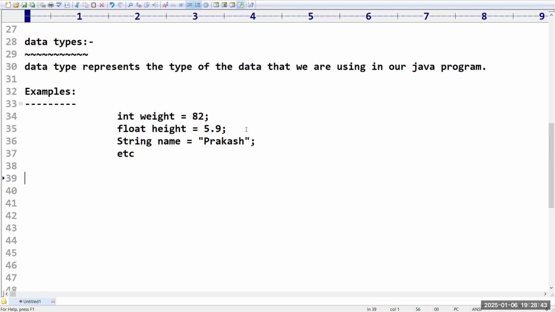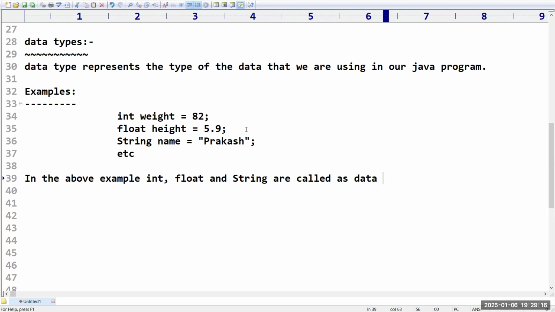Data type means what type of data it is holding. In the above examples, integer, float and string are called data types.